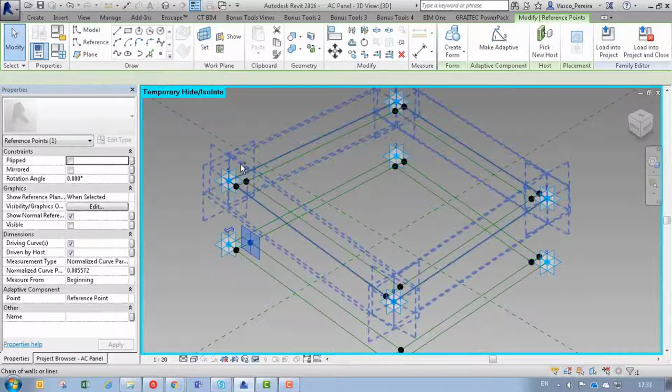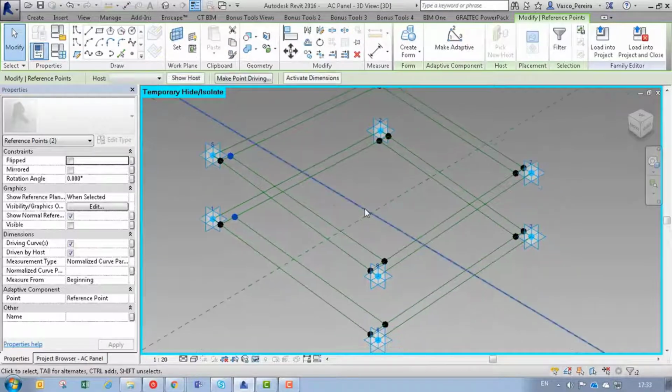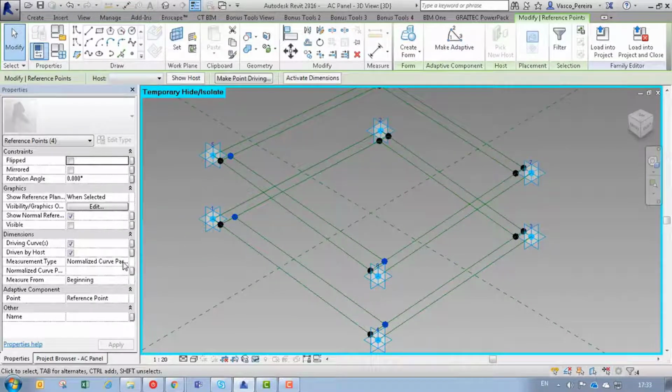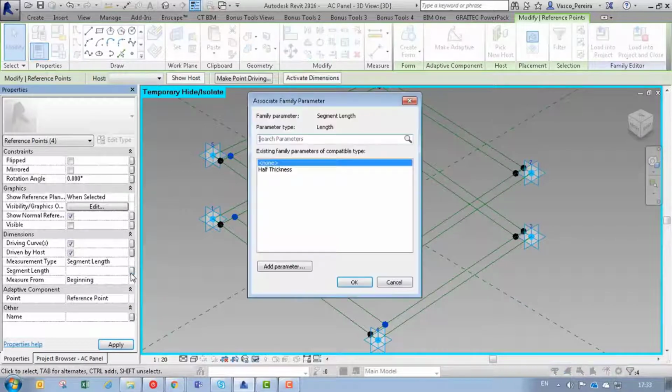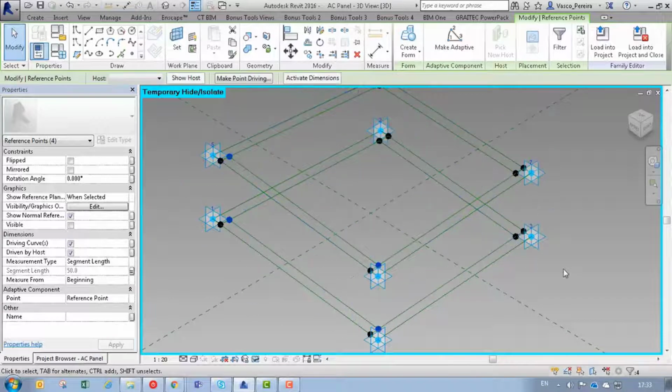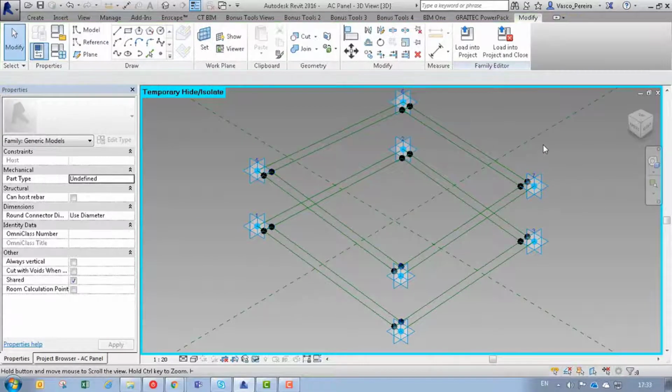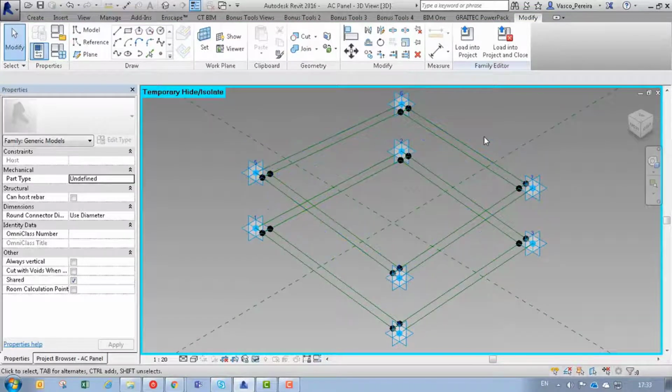So of course all these four are going to be in the beginning. So we can keep it beginning and we give it half thickness. So we could now create